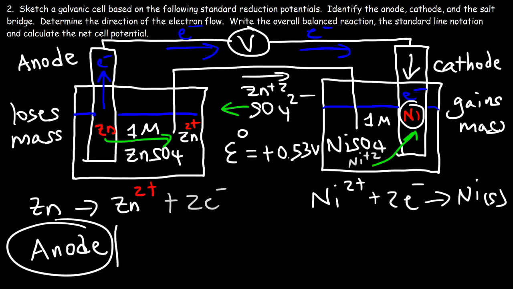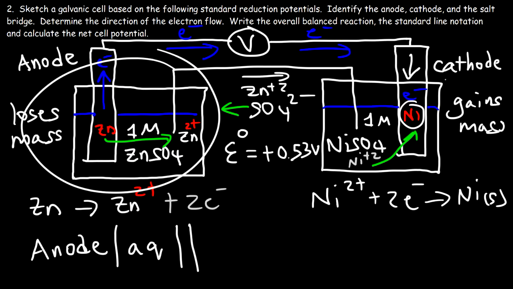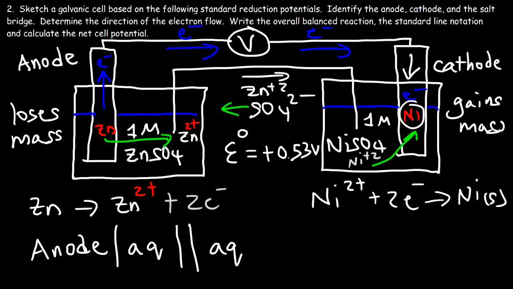So this is in a solid phase, and then you can have this stuff in the aqueous phase. So every time the phase changes, use a vertical line. Now you need a double line to separate the oxidation half cell from the reduction half cell. And then we're going to have other stuff in the aqueous phase, and then another line, and then the cathode